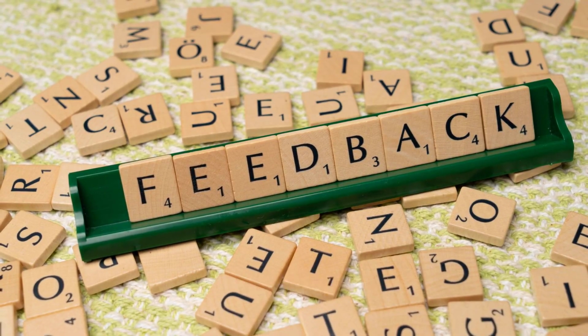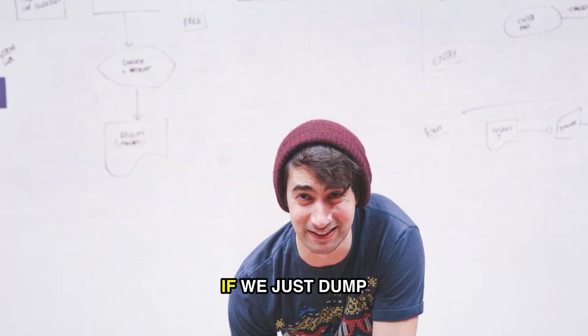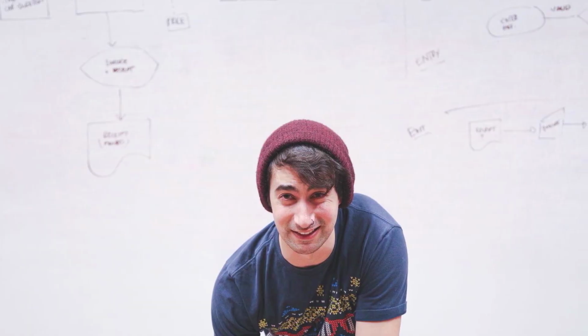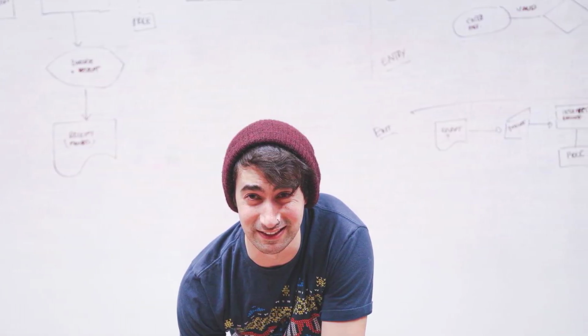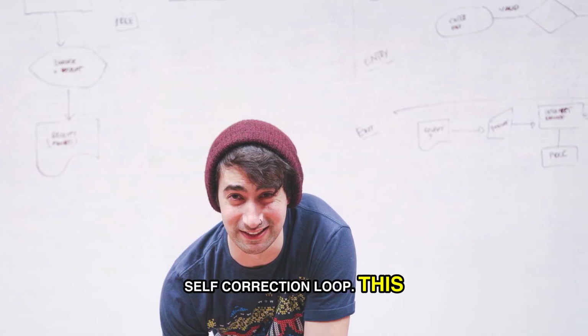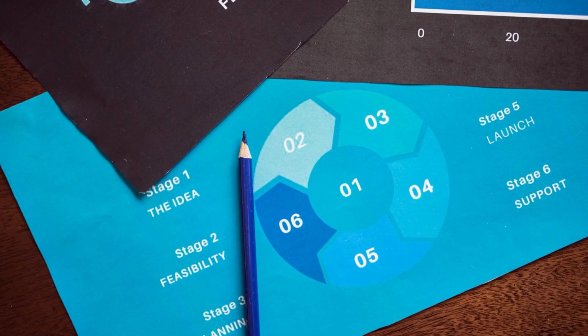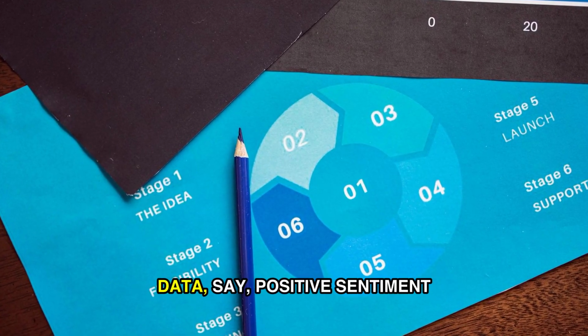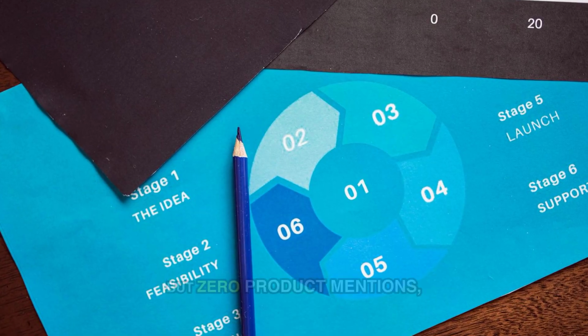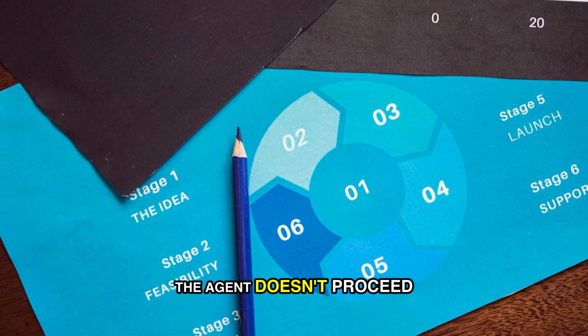But the sheer volume of raw data is useless. If we just dump it into Phase 3, we drown in noise. This leads to the most vital component, the self-correction loop. This is what separates a script from an agent. If the execution phase returns ambiguous or contradictory data, say, positive sentiment but zero product mentions, the agent doesn't proceed